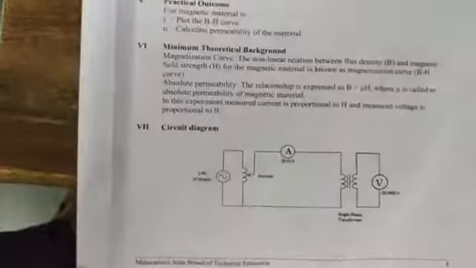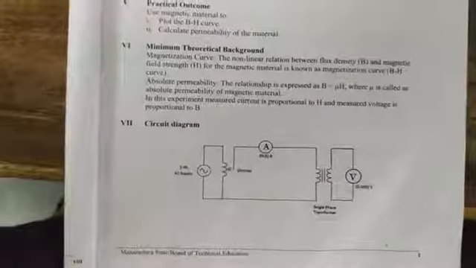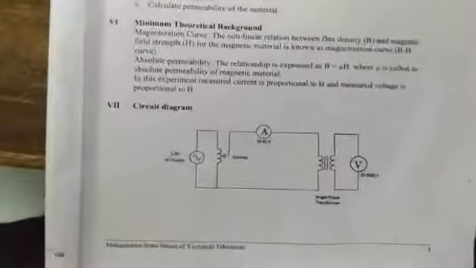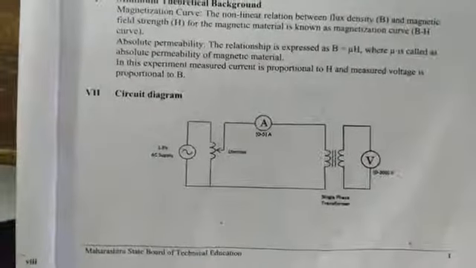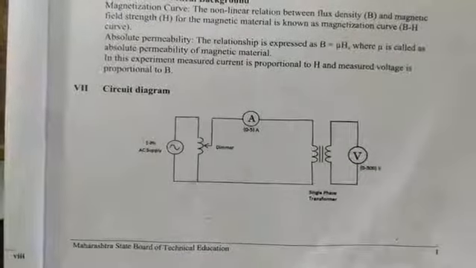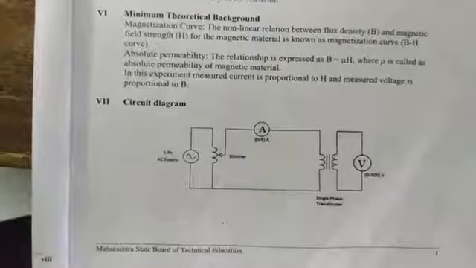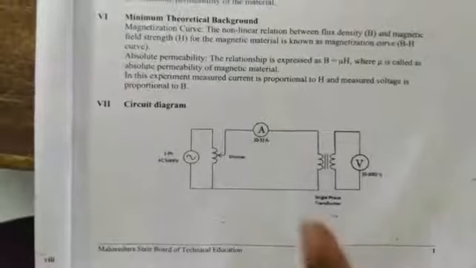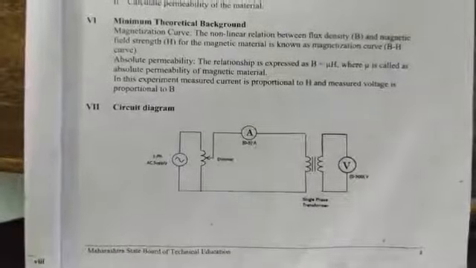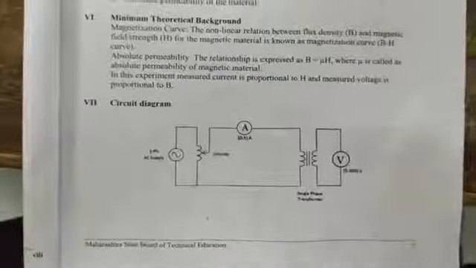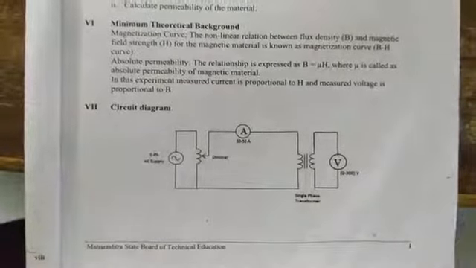It's a very simple practical. Before that, let us see the circuit diagram, that is the setup of this practical. So here you can see the circuit diagram, right? Now this one is nothing but a power supply. We are giving a single phase AC power supply, and this is a dimmer. Dimmer is nothing but an auto transformer, that is, we can use it to change the voltage, right?